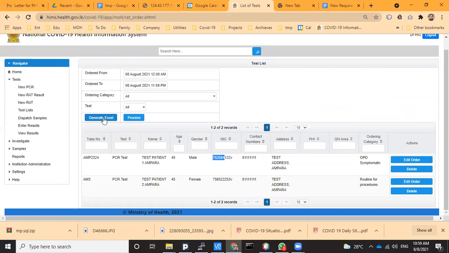But once the system is implemented in the laboratory, you don't have to worry, because they will have the details since they are also using this system. So until then, yeah, the lab is still not implemented, so you have to generate the Excel.